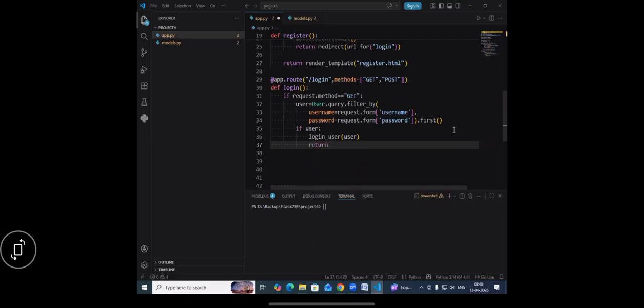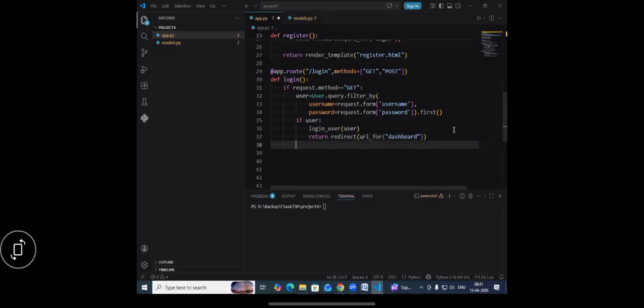Return, what I will do is redirect to the dashboard URL when the user is valid. So I'll try to display which one? The dashboard. The dashboard is displayed if the user details are valid. But if the user details are not valid, then